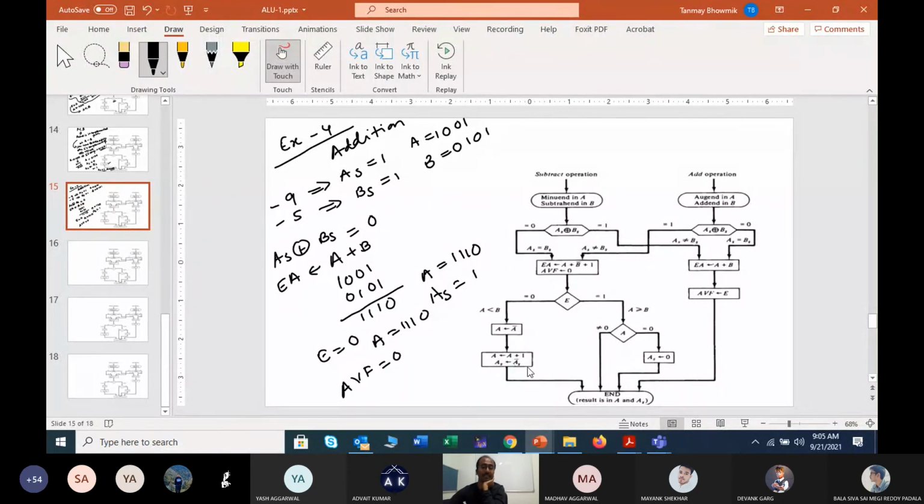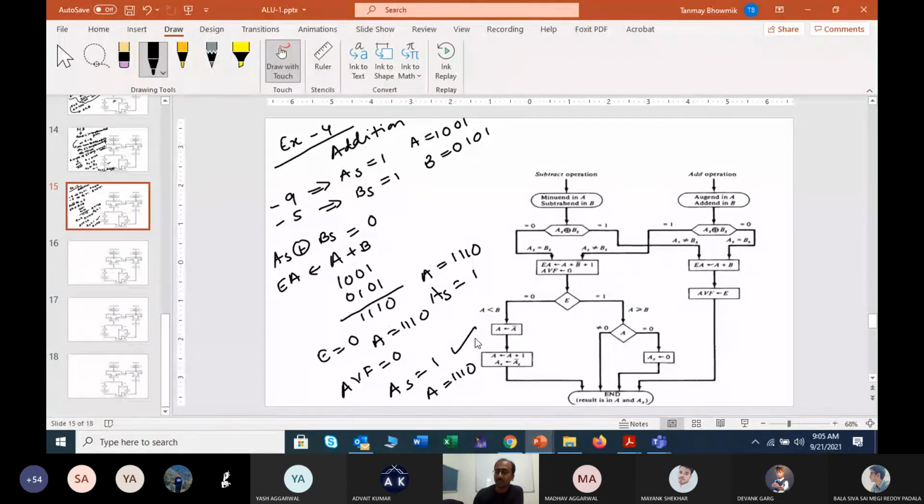Okay. And then finally, this is your result only, where you will get your sign bit from AS. So that is 1, and the magnitude bits from A, that is 1110. So what is the result actually? It is 1 for negative sign and 1110 is 14. So that means your result will be -14, and -14 simply will be your result. This one. Understood? So we have discussed till now all 4 types of problems in case of addition.